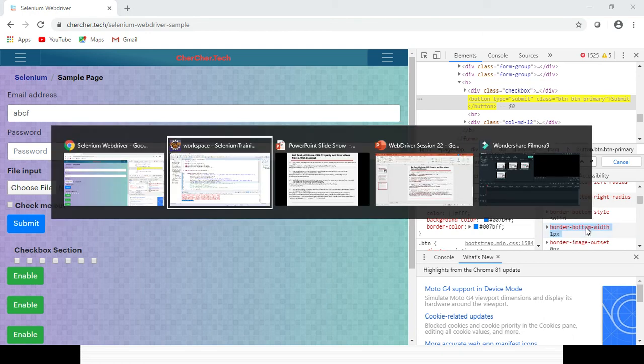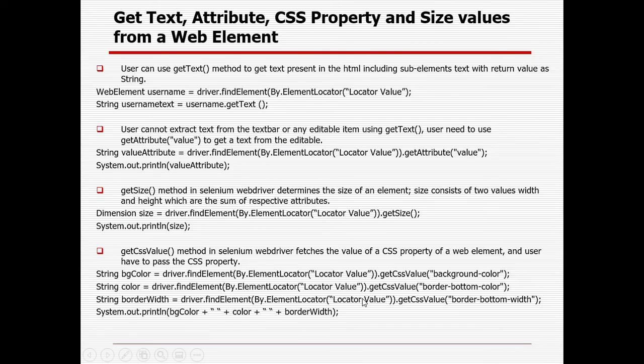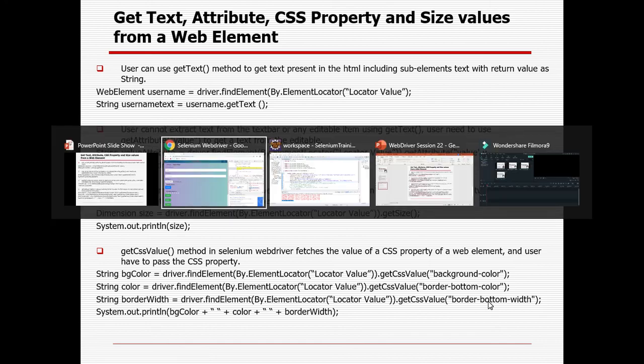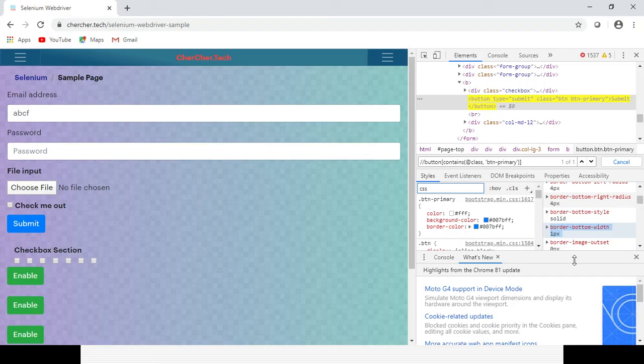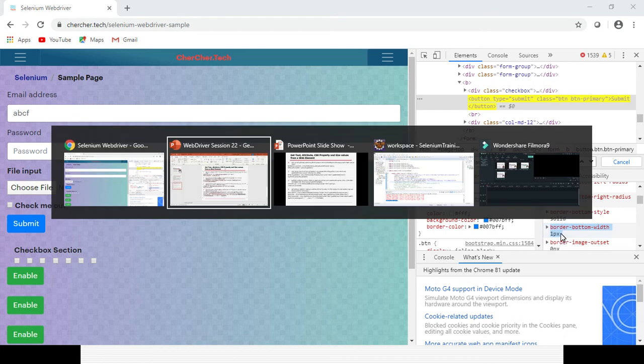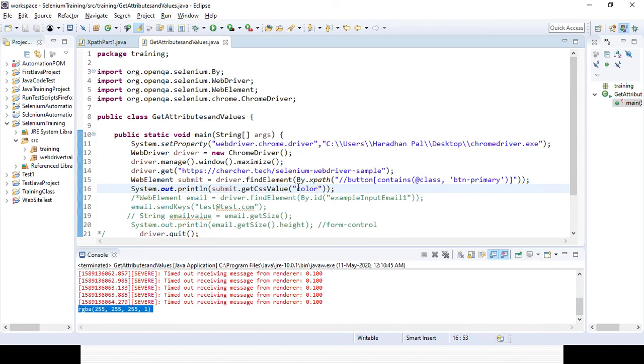So here I already created border bottom width. That particular property you need to use, so that it will give you one. Yes, because border bottom width is one pixel, right? So it will give you the output as one px. So here you can change it.